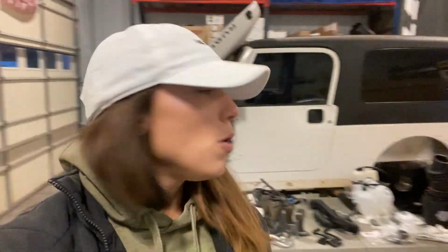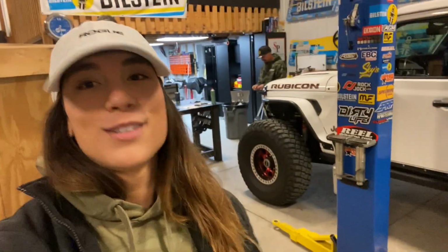Because Chris and I want to do lots of Hemi swaps in the future from AMW, I am gonna go ahead and inventory all this stuff, make a checklist, so that way we know that we have everything beforehand, before we completely rip into this thing, separate it, and then realize that we might not have what we need. So gonna start to do that, and then Chris is going to show you guys